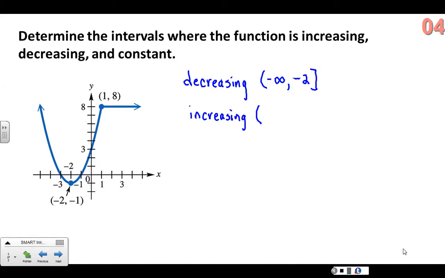I'm going to need to use brackets on that to talk about intervals of increasing, decreasing. So from negative 2 to positive 1, x value of positive 1. So from here it's climbing up and stops climbing right there. So that's where x is equal to 1. All right, and if you notice then to the right here, this is a horizontal line, which means it's not going to go up, it's not going to go down, it's going to remain constant. So we could say the function is constant on the interval from 1 to infinity. So that's just how you would describe the variation of functions like this to tell me the intervals